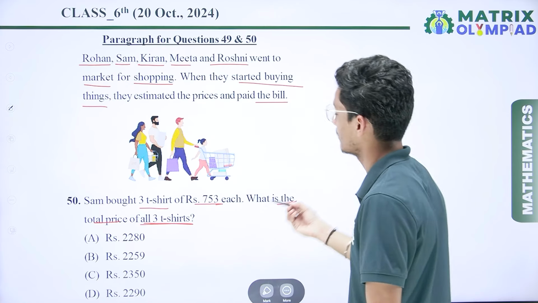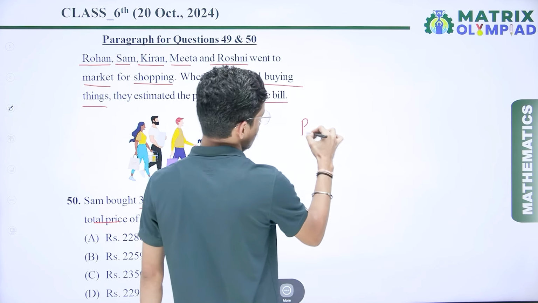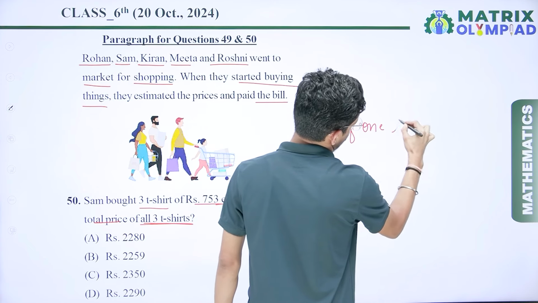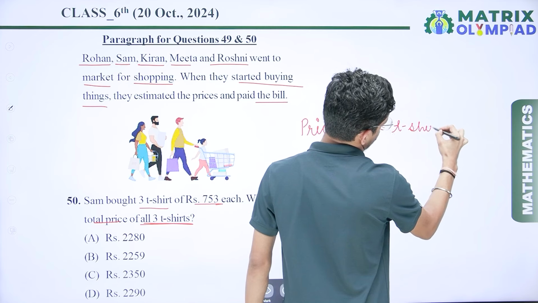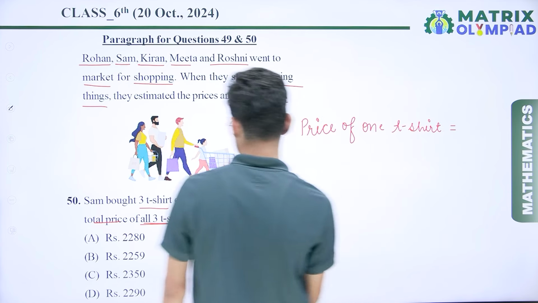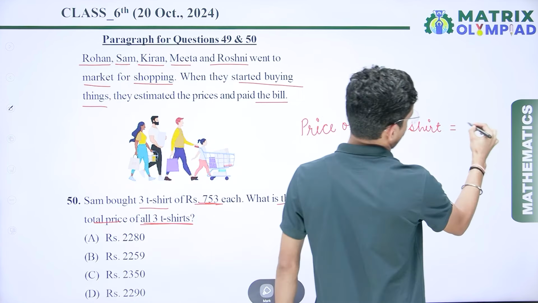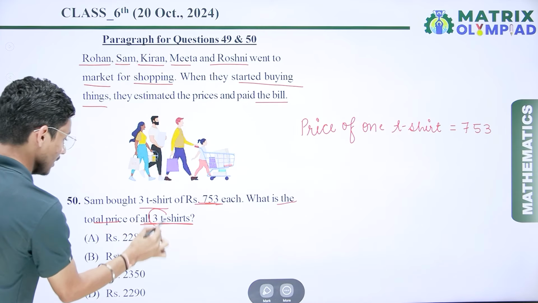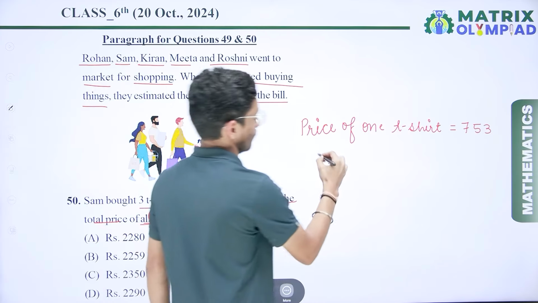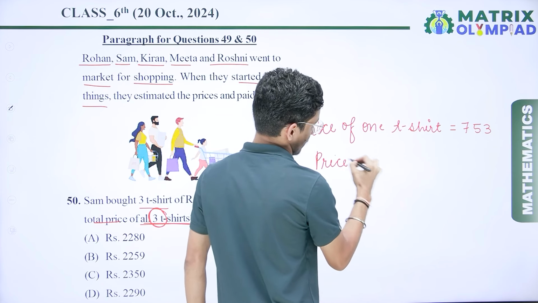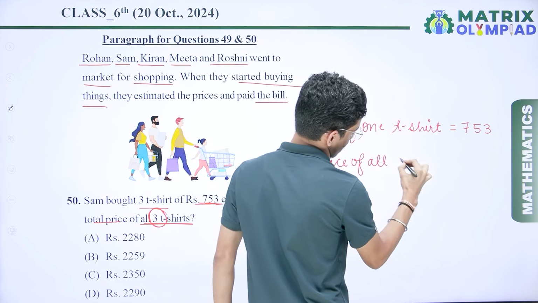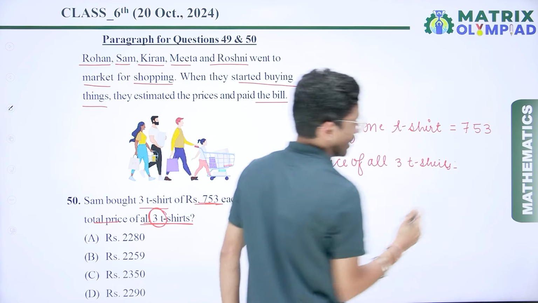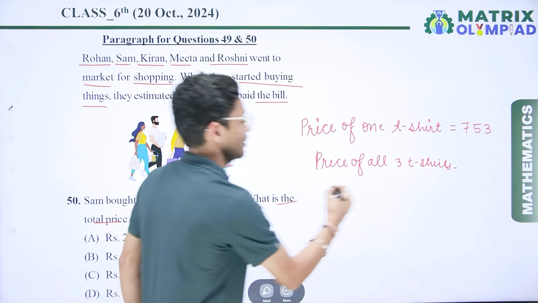So here we have been given the price of one t-shirt, that is rupees 753. Now we have to find the price of all 3 t-shirts. The price of all 3 t-shirts means the price of one t-shirt multiplied by 3. So here I can say that